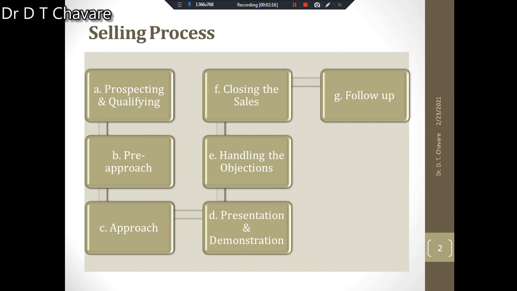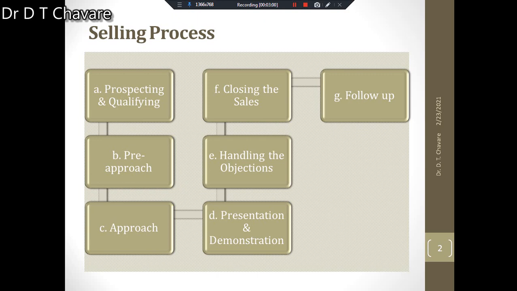Yet another theory exists, which is called the stimulus response theory. What is it? This theory states that if a proper stimulus is given, the desired responses will follow automatically. Since no two buyers are alike, their purchasing behavior also differs. What makes one buyer respond positively, perhaps another will not respond positively. The use of an inappropriate stimulus is a basic cause for the failure of the selling process.